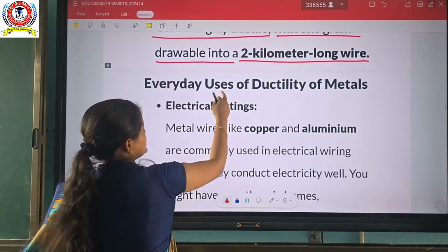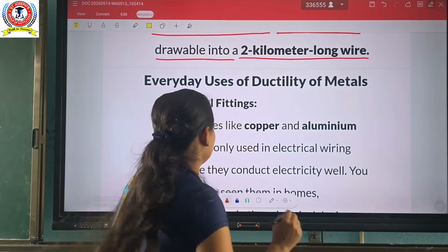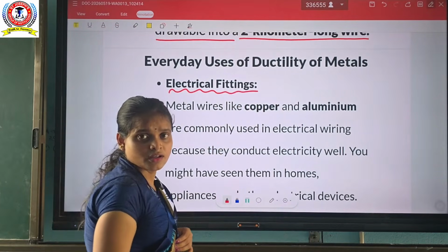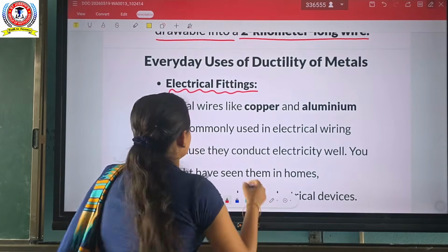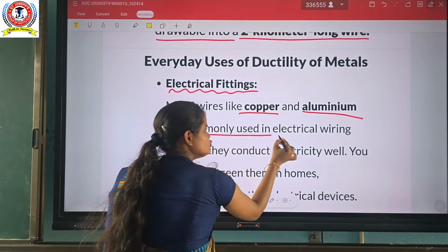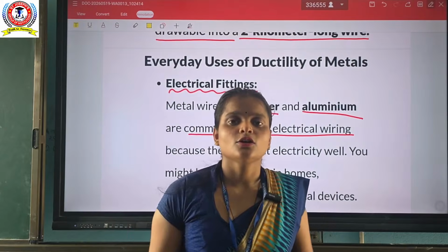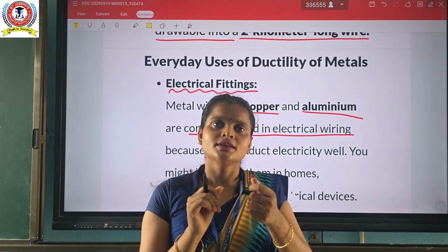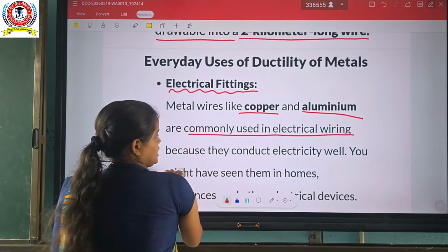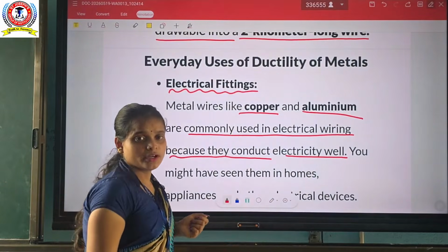So every day we use these materials, like in electrical fittings, electrical applications में, ठीक है नहीं? Like copper and aluminium, commonly used in electrical wiring. I'll show you कि कॉपर के आपके वायर के अंदर एल्यूमिनियम या कॉपर का आपका मेटल रहता है, ठीक है नहीं? Because they conduct electricity well. Because the aluminium